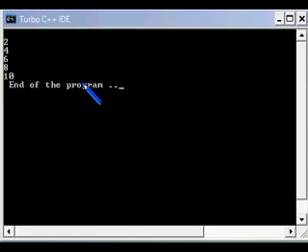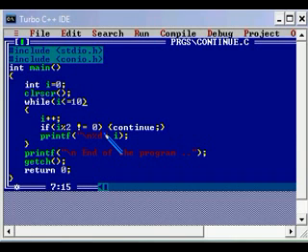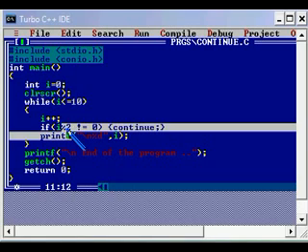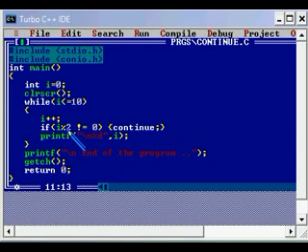So this is the way we use the continue statement, and we have seen the mod operator as well. The mod operator gives the remainder value of a division, and continue will skip the rest of the loop body. It will go back to the beginning of the loop and come with the next iteration.